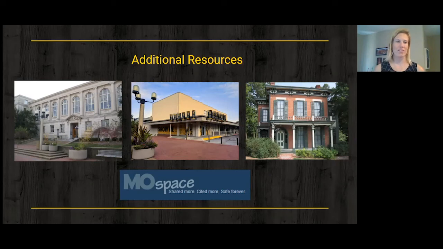So these are articles and dissertations, and if you present at a conference, posters. It can be any academic piece of creativity that is made by someone at MU. And then it's findable through things like Google Scholar. So other academics around the world would have access to your materials.